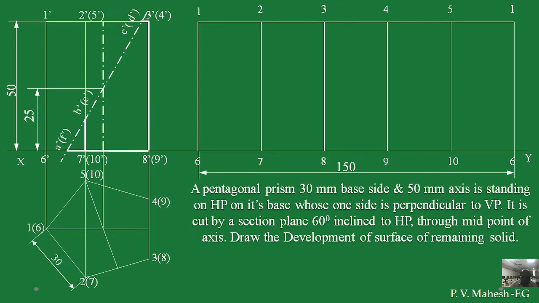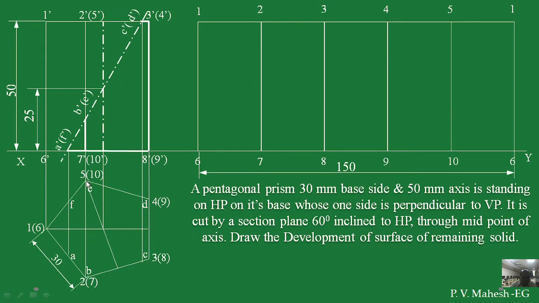Now I have to identify these points A, B, C, D, E, F in the top view. So I have to draw the projections and identify the points. What I did, I have drawn the projections from the top and identified the intersection points here. So on edge 5,4, D is there, on edge 2,3, C is there, and B, 2,7 are in one line, and E, 5,10 are in one line.